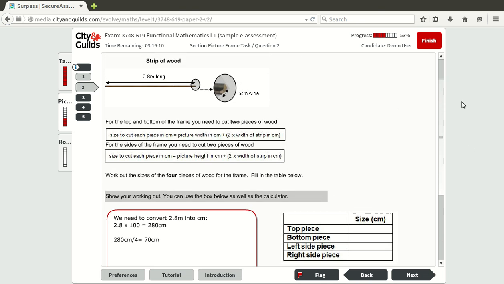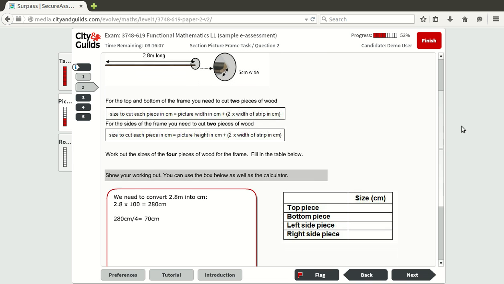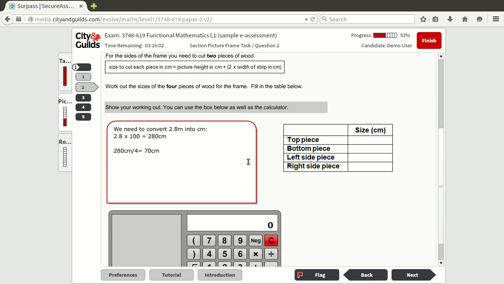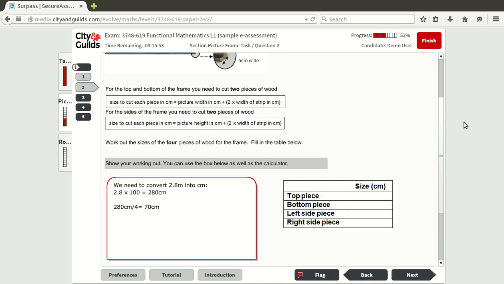So we'll answer the first question. Work out the sizes for the 4 pieces of wood. Right, so the size for the 4 pieces of wood, it would be, well, let's go back, I'm going up a bit more. So for the top and bottom of the frame, we need the picture width, and from our first question we know that we had our top piece is equal to 50 centimeters